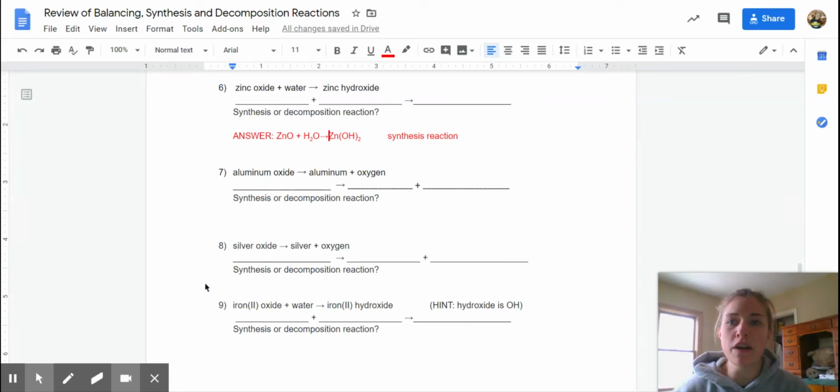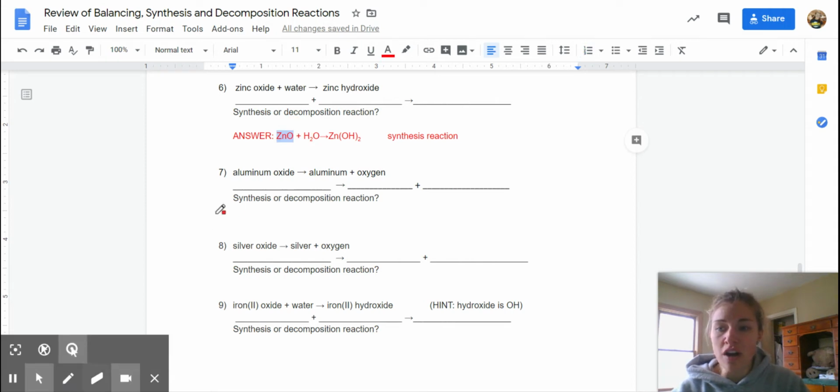Hey guys, so we're here for part 2 of doing this. So we're taking the words and then we're turning them into our chemical equations. So for this, zinc oxide is our first guy. So Zn and O. Zinc has a charge, let's get this down here, of